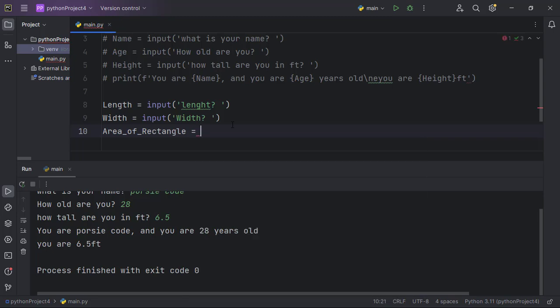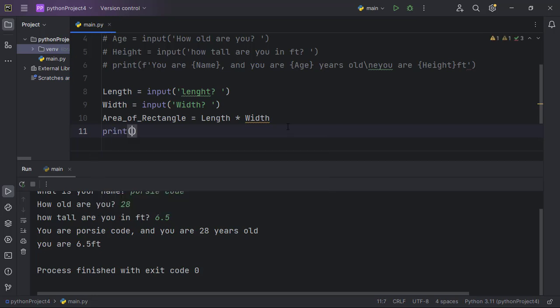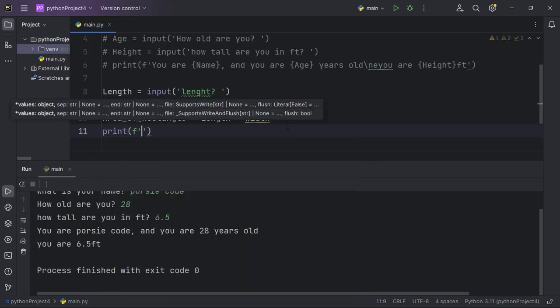From here, area would be equal to length multiplied by width. When you want to use multiplication, you use an asterisk. That will be length multiplied by width. Then at the end of the day, you print it out, and you use an F string to do this. That will be the length, when you say the area of the rectangle